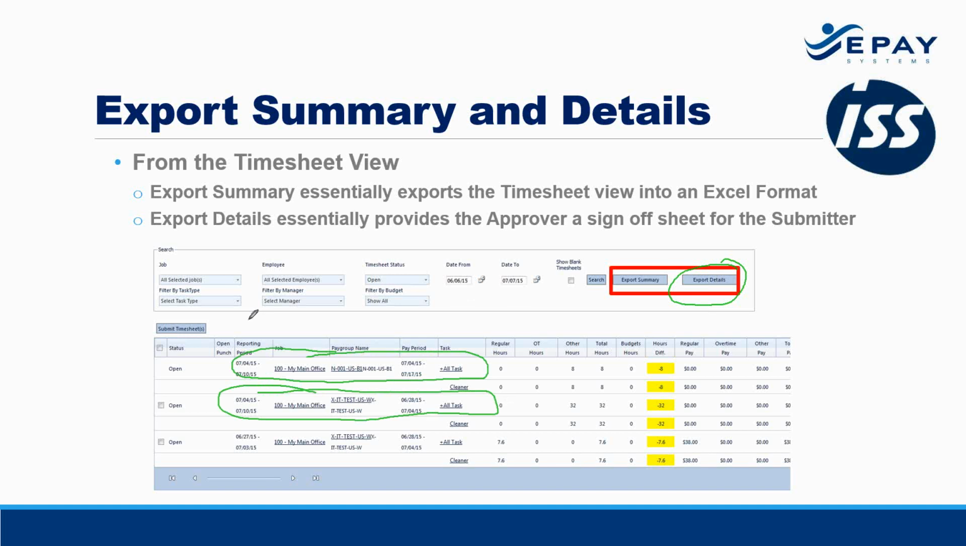If you are an approver or a submitter that has access to pay rates, then obviously you will see pay information. This view shows some pay information back here. Obviously, if you have access to pay rates, you see that. If you don't, you don't. But you can still run this report. If you don't have access to those pay rates, you can still run it. You just won't see them populate as part of your